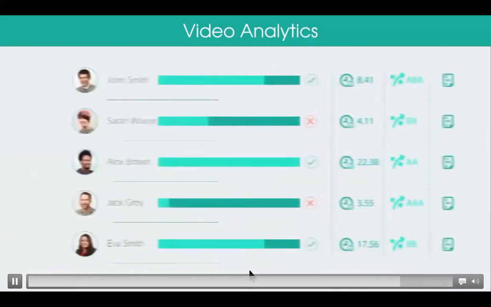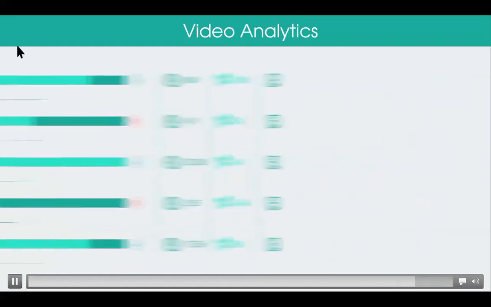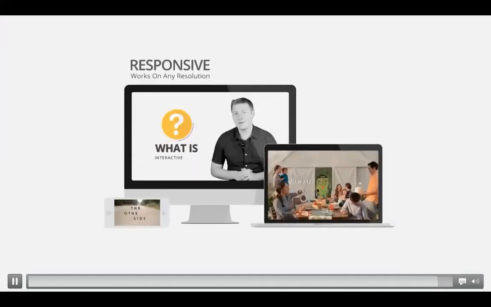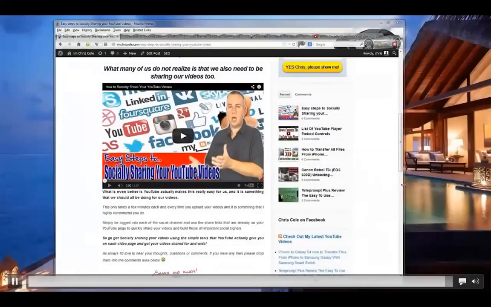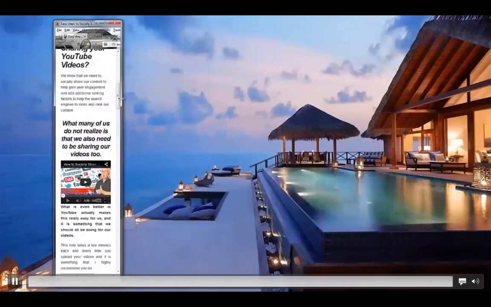Track known viewers. Track both individuals and groups to learn exactly how users are interacting with your video. Lead generation. Drill down and learn key information on each individual who watches your content. Find out what information they care about the most and what aspects of your product or service they engage with, and create bespoke targeted sales leads. Multiple devices. Retain interactivity on desktop, tablet, and also on mobile via the Fuse app. And finally, responsive. Retain your interactivity when you want your video to be responsive or launched in full screen.